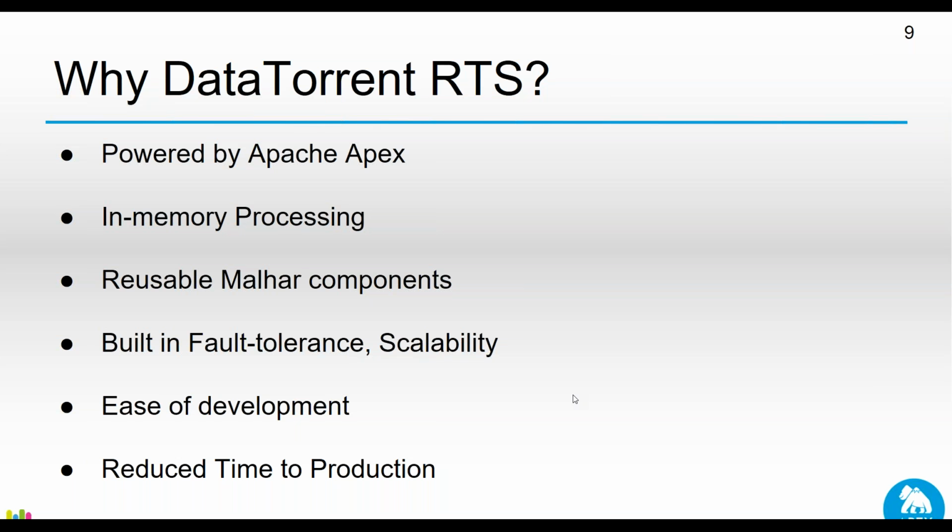So if Kafka provides the data, Kafka itself is, let's say, fault tolerant. On top of that, if it's providing real-time data and the application happens to crash, or let's say your node goes down or something happens, RTS, which is powered by Apex, will elegantly bring it back, ensuring that there was no data loss, basically bringing it back from the last checkpointed state. So we checkpoint at various stages of the data processing